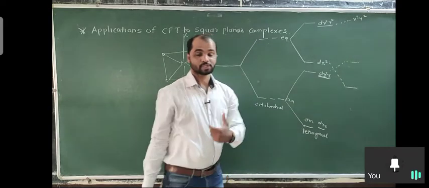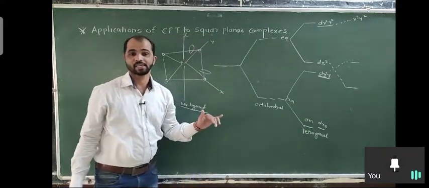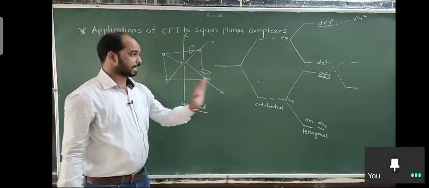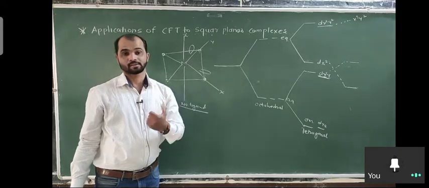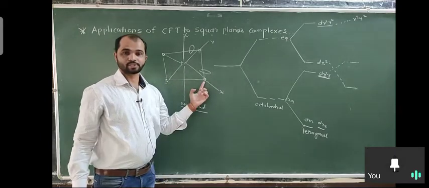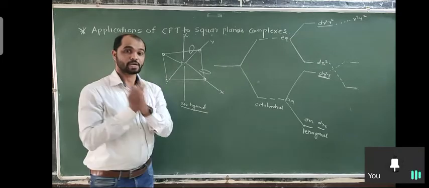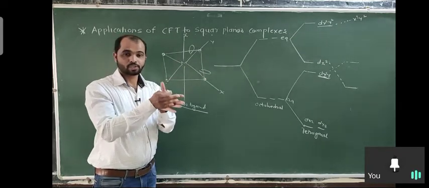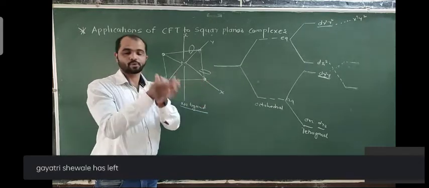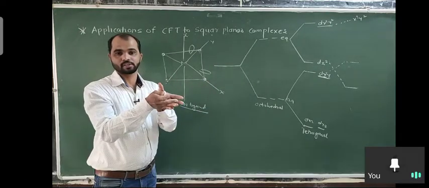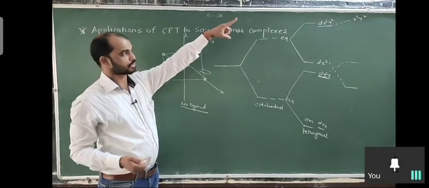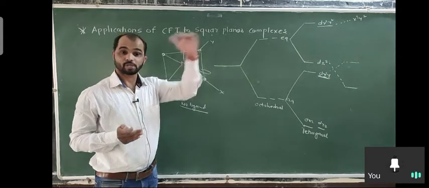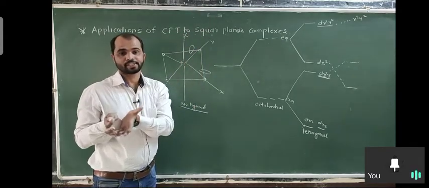आता तुमच्या मनात प्रश्न काय असेल, मग डी झेडची एनर्जी का कमी झाली? कारण डी झेड वरती लिगँडच नाहीये, इंटरॅक्शन्सच होत नाहीये. आता एक्स वायची एनर्जी त्याच्यापेक्षा जास्त का? कारण की जरी लिगँड एक्स वाय ॲक्सिस वरती असतील स्क्वेअर प्लेनरमध्ये, पण एक्स वाय ऑर्बिटल ही बिटवीन द ॲक्सिस असते, म्हणजे एक्स आणि वायच्या मध्ये, म्हणून त्यांचं थोडंफार इंटरॅक्शन लिगँड बरोबर होणारच आहे, जरी त्या क्लोज असतील. डायरेक्ट नाही पण इनडायरेक्ट. म्हणून एक्स स्क्वेअर वाय स्क्वेअरमध्ये डायरेक्टली इंटरॅक्शन, ती एनर्जी हाय झाली, पण एक्स वायची सुद्धा वाढणार, कारण की लिगँड हे एक्स वाय वरती येत आहे.